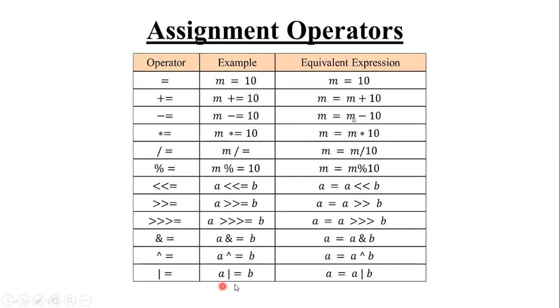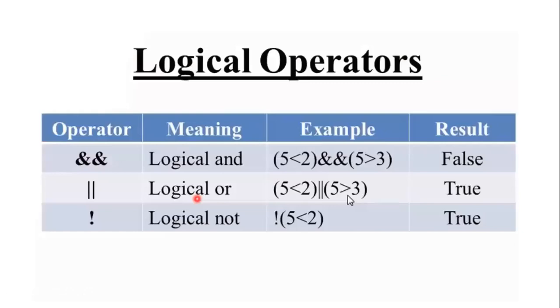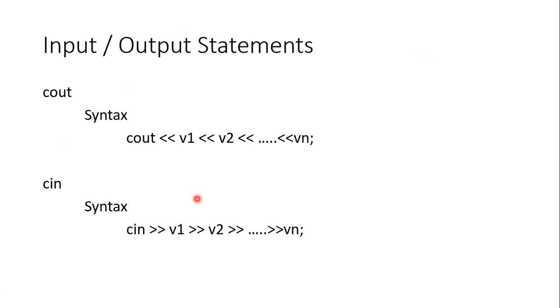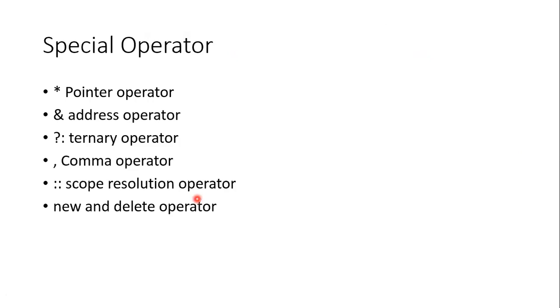So we can also use the various bitwise operators with the assignment operator. So this is the use of the assignment operator. Apart from that, there are other operators, the increment and decrement operators, plus plus and minus minus. The plus plus operator is used to increment the value by 1. Similarly, the minus minus operator is used to decrement the value by 1.